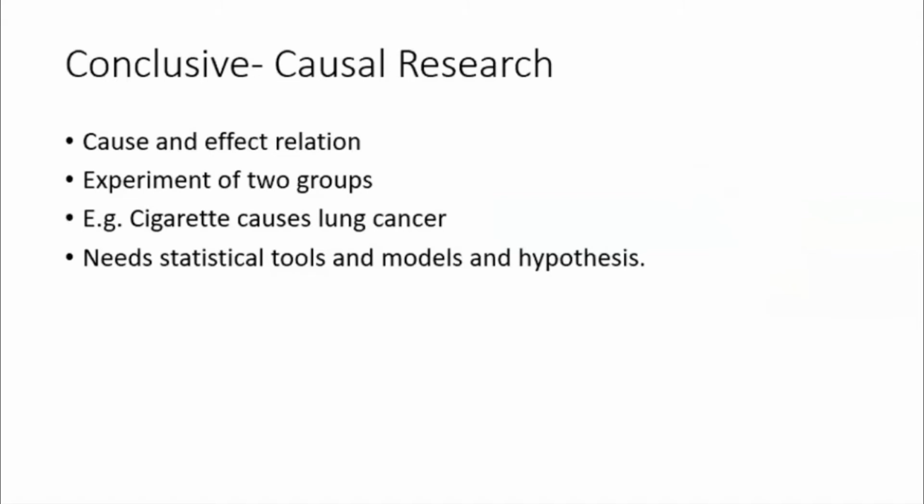Like cigarettes: the number of cigarettes a person consumed in one column, and whether he had lung cancer or not in the other column. If we do a t-test, a chi-square or a correlation on this and the test comes positive, what does it show? It says one is impacting the other. I hope this difference is clear between description and causal.